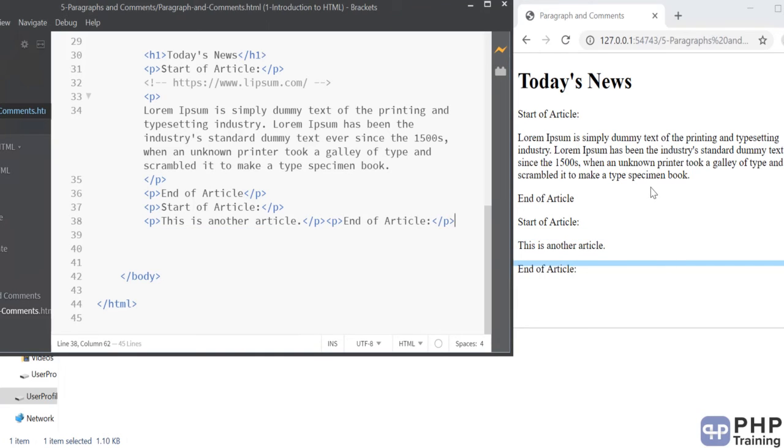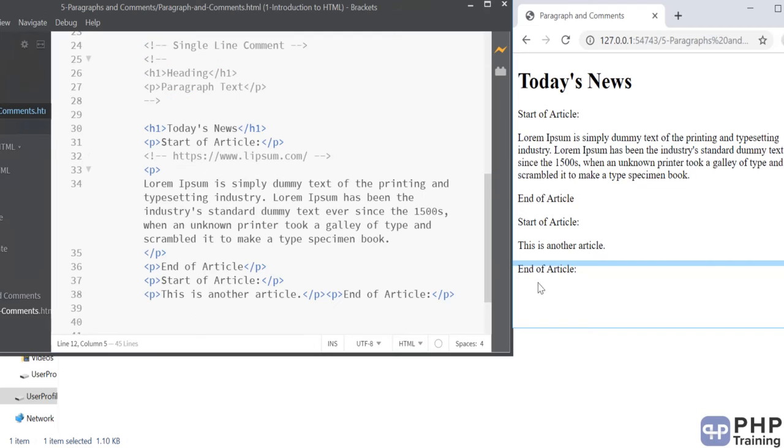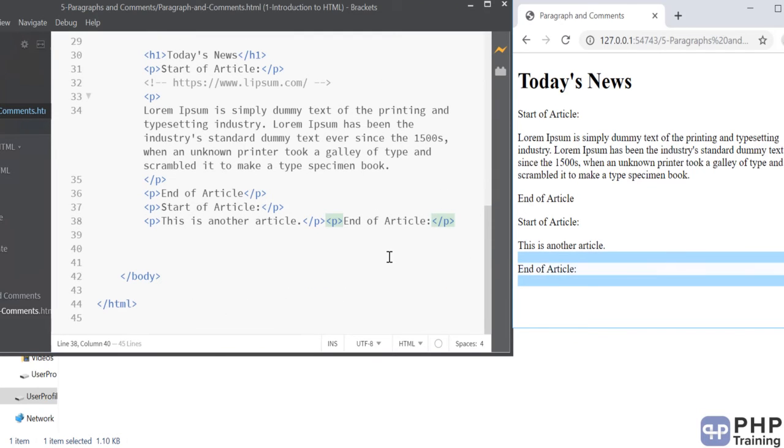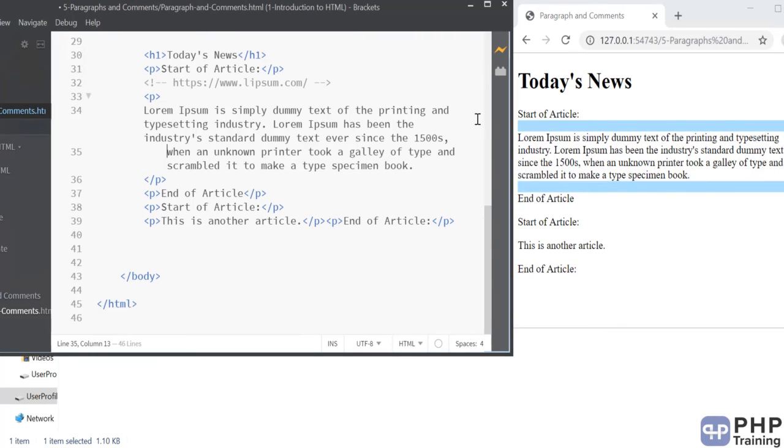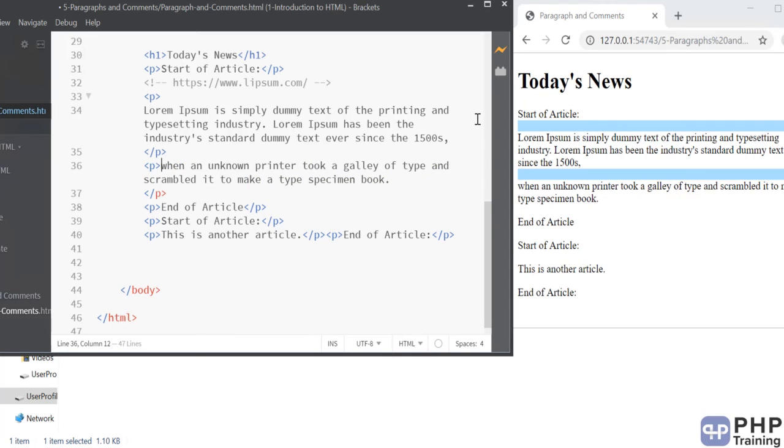By default the browsers are adding a new line for your paragraphs. Like a heading has a new line, even a paragraph has a new line. So you have to be careful when you deal with paragraphs, and if you really want a new line, then you go ahead and add paragraphs to it. Let's say you want to add a paragraph maybe after 1500. What you can do is simply say end of the paragraph, start of the paragraph, and that's all. You get a new line here.